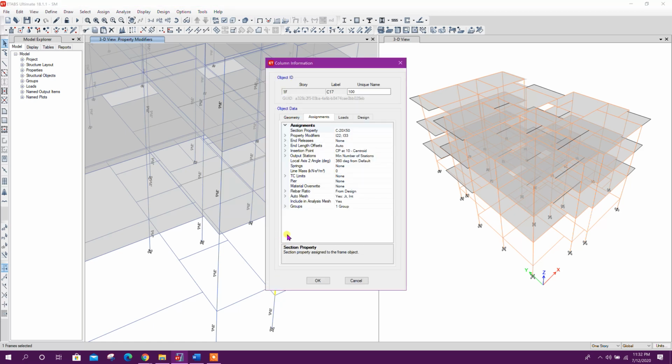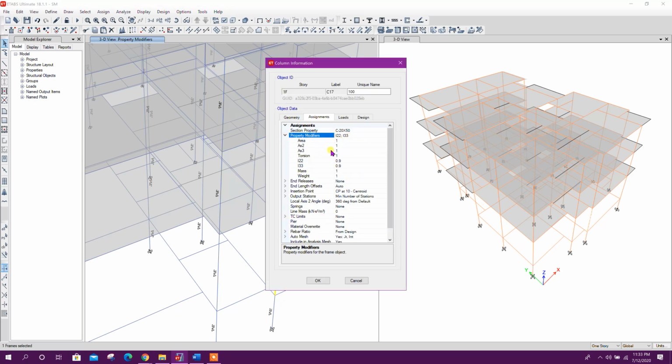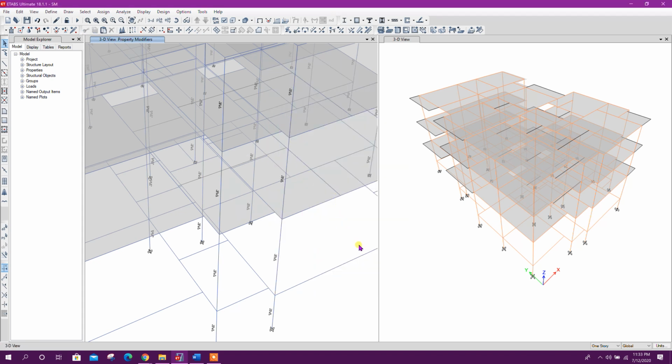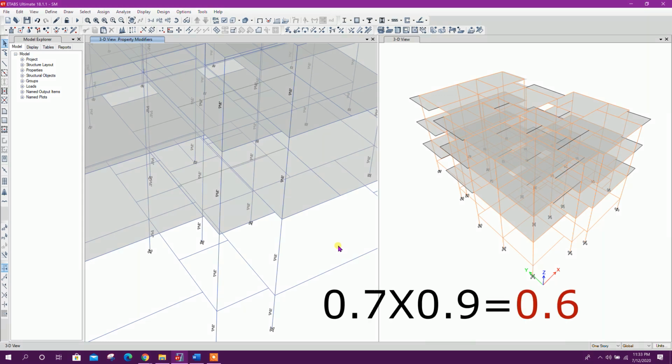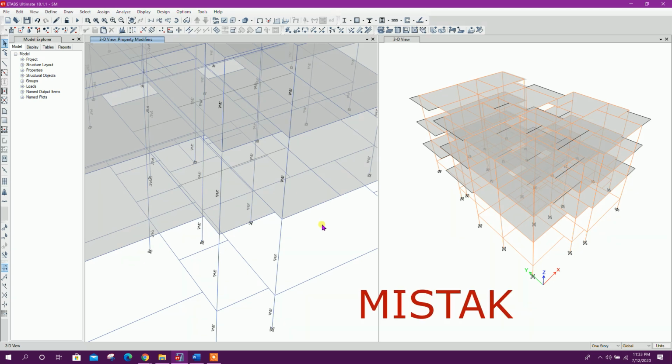Here we can see the property modifiers are 0.9, 0.9 for I2 and I3, and as we already have the stiffness modifier in frame section property, that is 0.7, the resultant stiffness modifier is 0.7 into 0.9, that is 0.63. So it is a mistake.